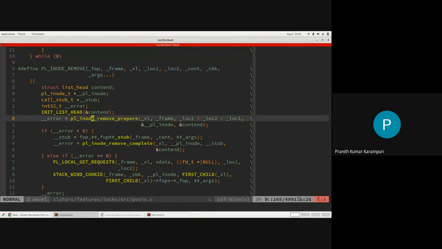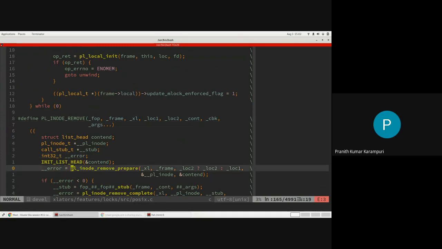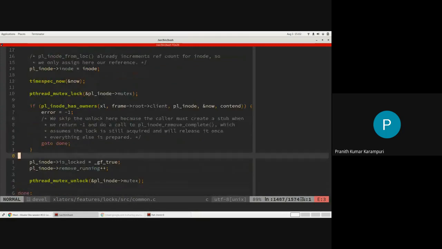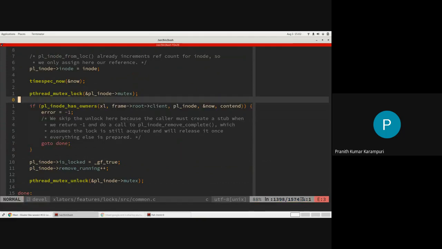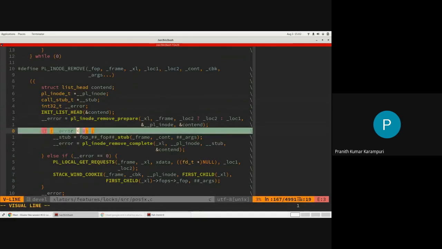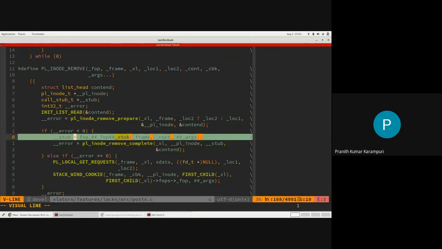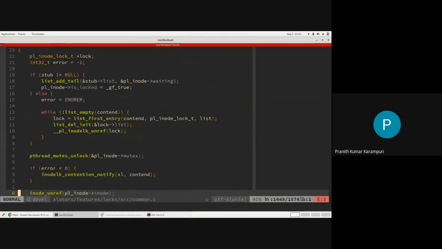Okay, let's say when it is trying to do an unlink again from the first code path, like unlink is issued. Now we are trying to do the same thing. We are trying to prepare this inode removal, but now you actually find that this inode has owners, meaning there are some operations in progress on this. In this case, you create this operation as a stub and put it into a queue. Okay. So in this case, all these inodes are put in some wait queue,